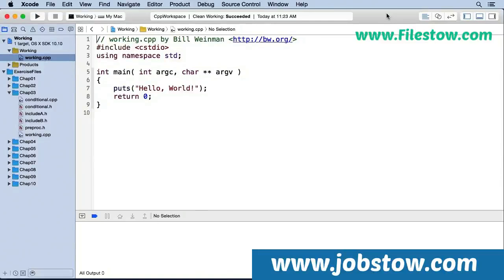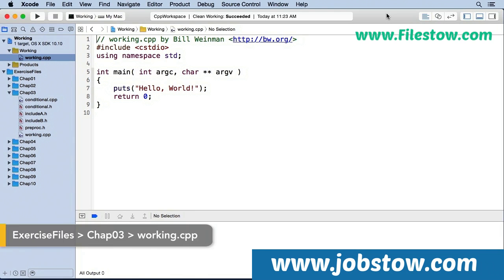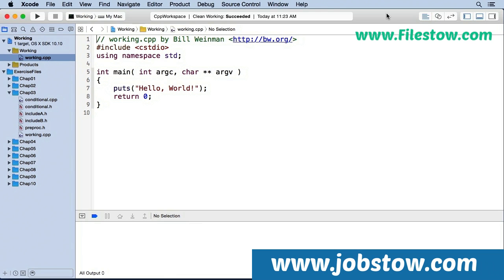Line continuation is a convenient function of the preprocessor. This is something you may not need very often, but when you do need it, it's good to know it's there. Here I have a working copy of working.cpp from Chapter 3 of the exercise files. When the preprocessor sees a backslash character immediately followed by a new line, it will silently remove both the backslash